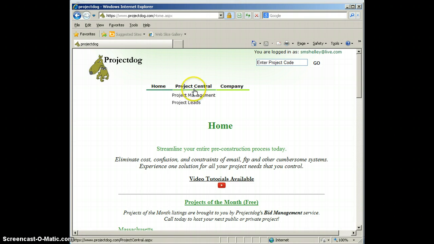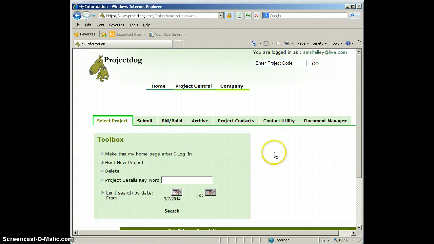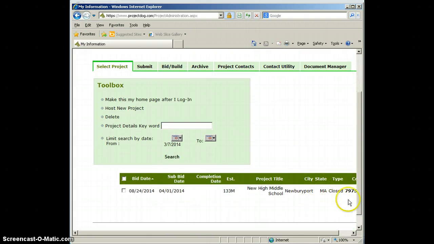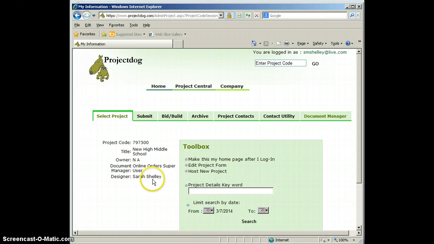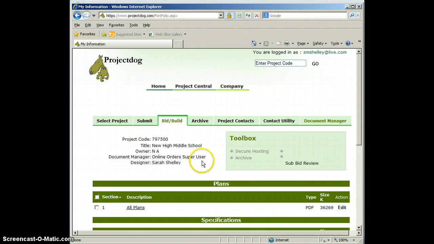So for the review process, as the owner, the architect, or the review panel or committee, we're going to go to the project management link. As an administrator of the project, we're going to select from our list the project that we'll be reviewing today. From there, we're going to go to our bid build link, and dynamically created is a sub bid review link when the bids close that you have access to